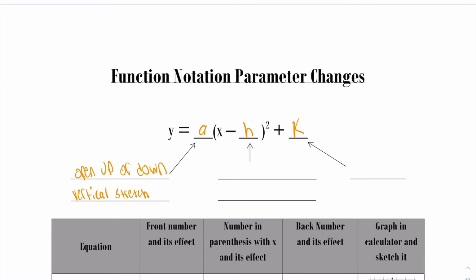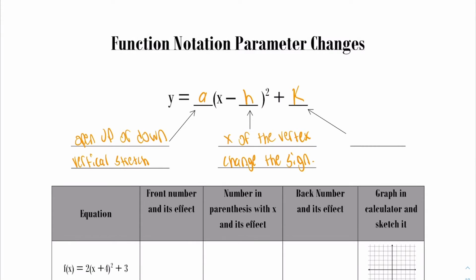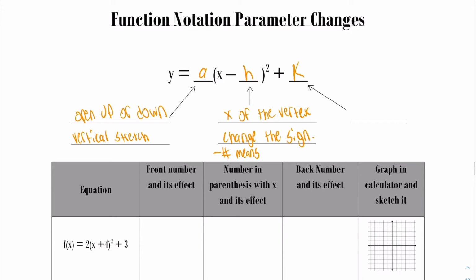The h is going to be the x of the vertex. But you have to remember to change the sign. Just so that you know, in general, if you have a negative number inside of that parentheses, a negative number means right,